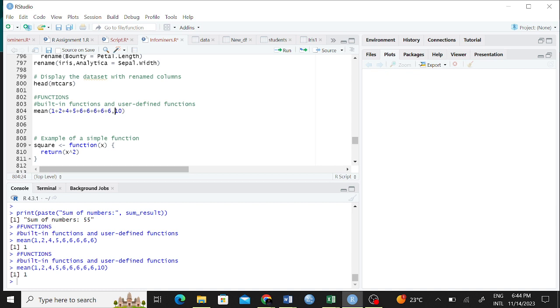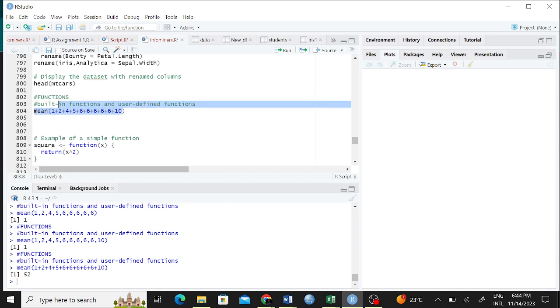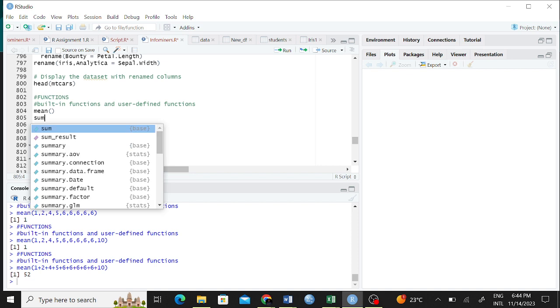So eventually it's 52. This is a summation. Suppose you are getting the mean of something, let me use mtcars. Mean is a function, sum is a function. We have a sum function.